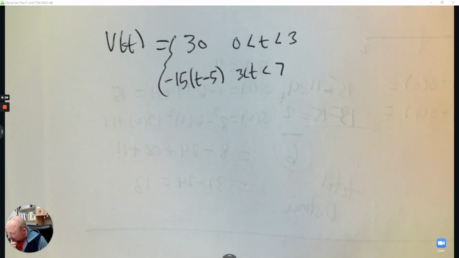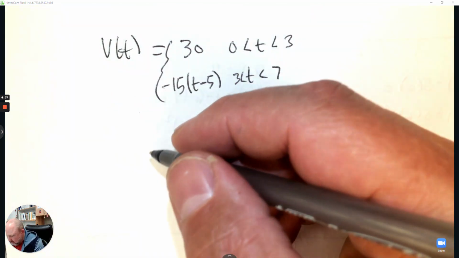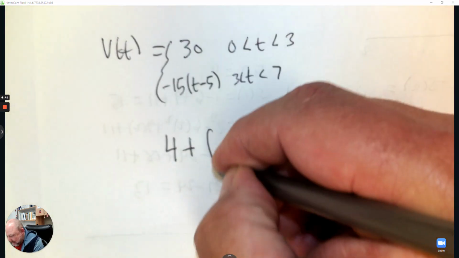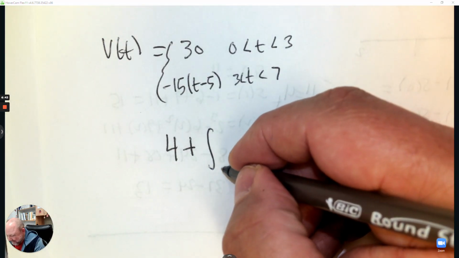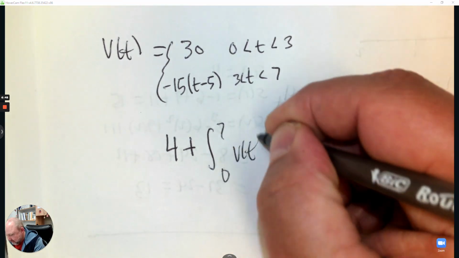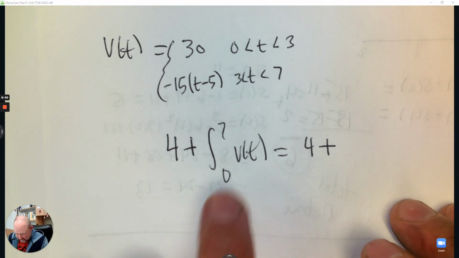Next, if the position of the particle at time 0 is 4 feet, find the position of the particle in 7 seconds. So this is a starting value question. So it's starting at 4, and then we add the answer to the integration from 0 to 7 of the velocity. So in other words, we go 4 plus the answer we got at the very beginning,